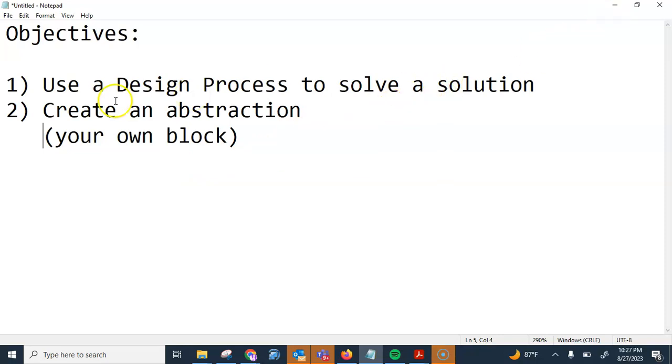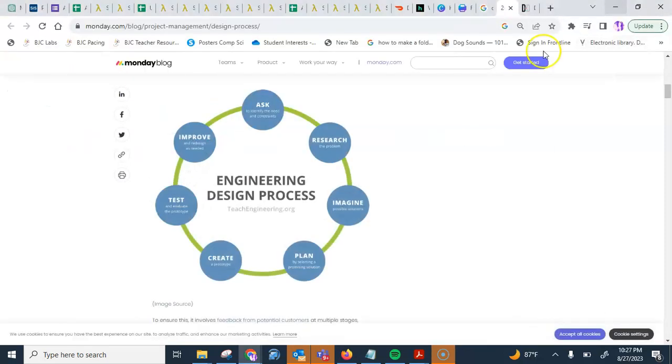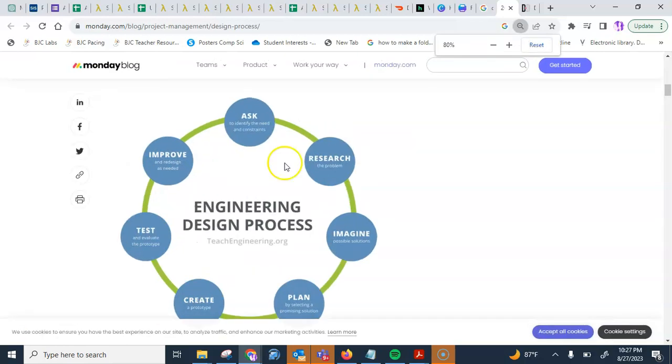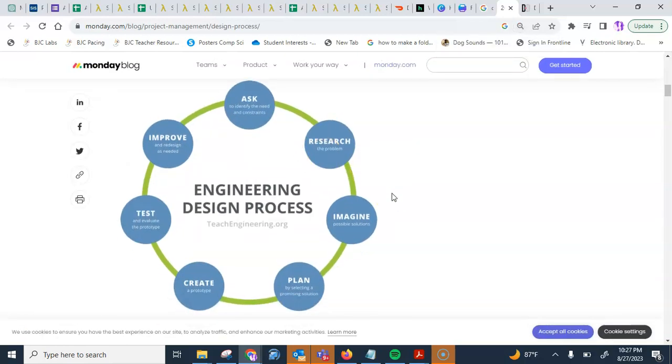We'll start off by going over the first part, which is use a design process. This is something that comes out on the AP exam. Basically, all it is, is looking at a problem and going through the steps that you see on the screen. We ask to identify the need and constraint, meaning what it is you need to do. We're going to research the problem, meaning you're going to get information on how to solve it. We're going to imagine solutions, plan by selecting a promising solution, create a prototype, and then